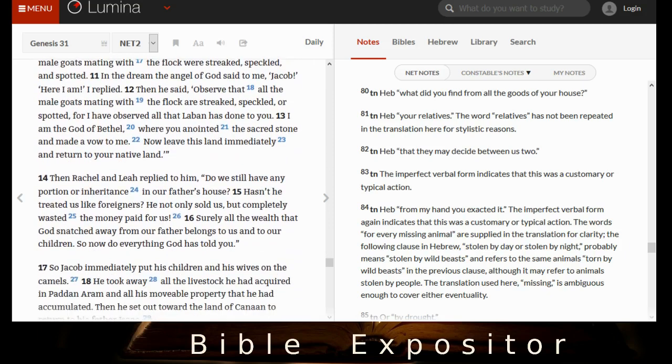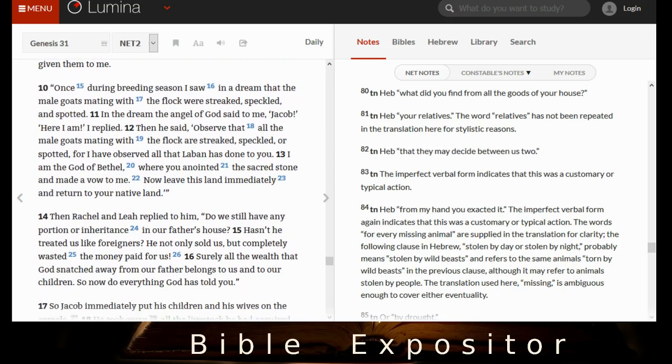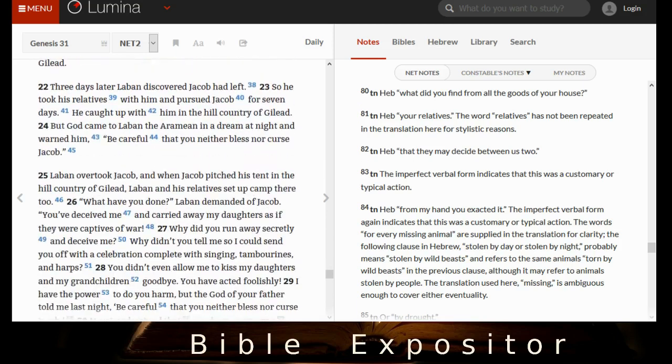And let me skip down the text here for that. I think I'm about in the right area. But as soon as he finds out, Laban gets an army mustered from his clan and he goes after Jacob. But when he catches up to him, God appears to Laban and says, "Don't you do anything." So instead, he has this shouting match with Jacob, but Jacob knew nothing about the stolen idols, which I didn't mention, but you can read about in the text that Rachel stole her father's idols before she left. But Jacob didn't know anything about it, and he allowed a search to be done. Nothing was found, but Rachel kept them concealed in an ingenious way. You could see down in verse 35.